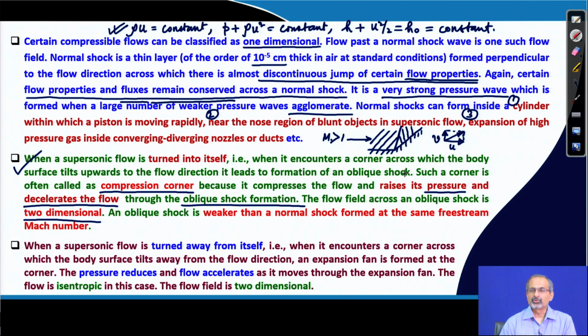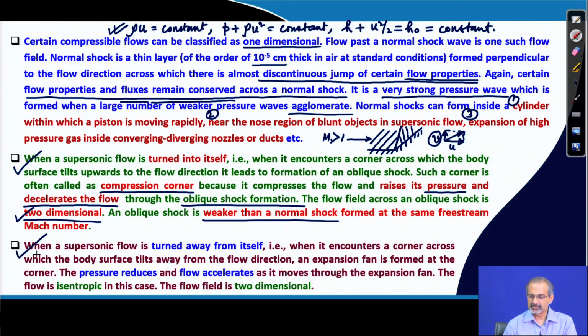And in order to make that happen, the oblique shock formation takes place, whereby the v component of velocity is induced into the flow, thereby making it two dimensional in nature. And an oblique shock is weaker than a normal shock formed at the same free stream Mach number. So, this is an oblique shock which is weaker, but it is two dimensional in nature,